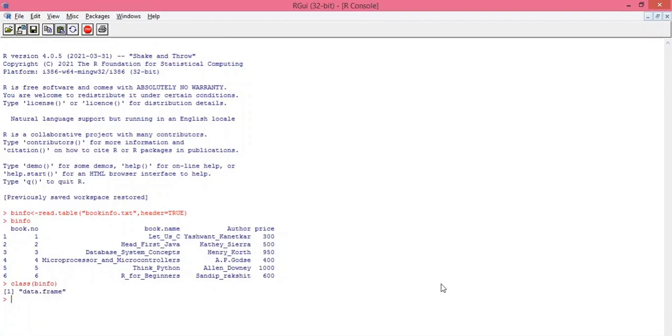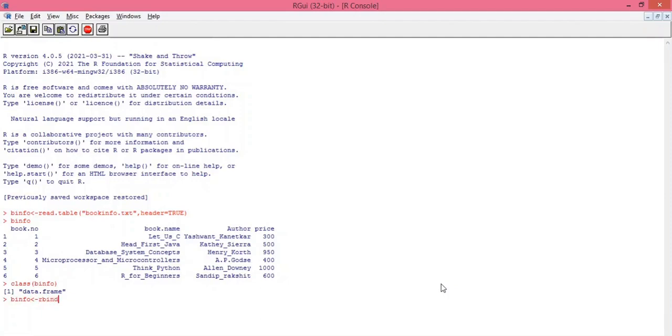And after performing all these processing, you can export this data back to the original file. Okay, so this is how data can be imported from text file into our data frame. Okay, now let's perform some processing on this data.